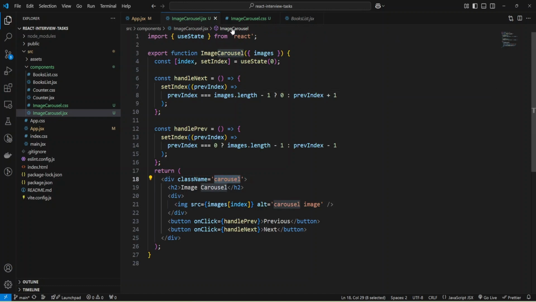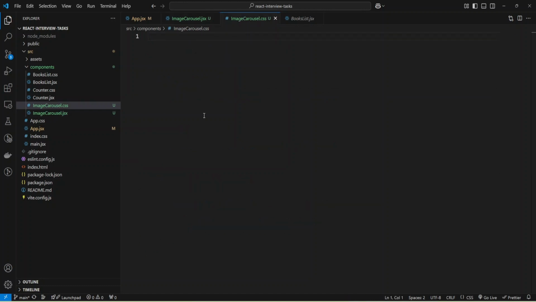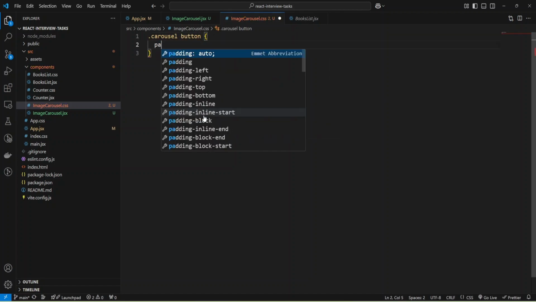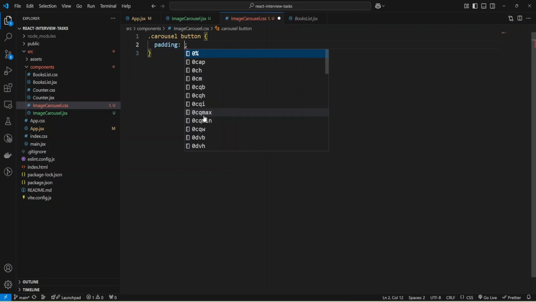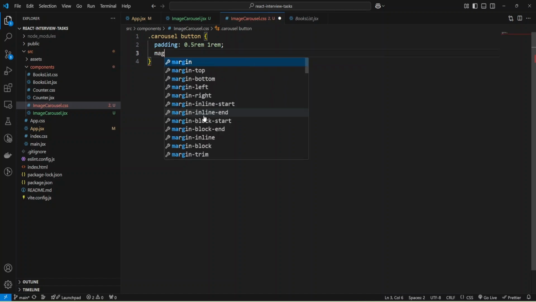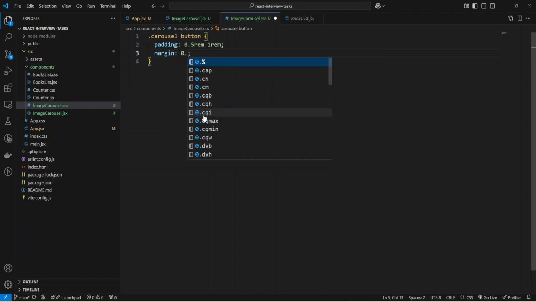Now we can add some styles for my carousel. I have the class name carousel, and we'll provide styles for the button. Let me add some padding, like 0.5rem and 1rem, and also some margin of 0.5rem.